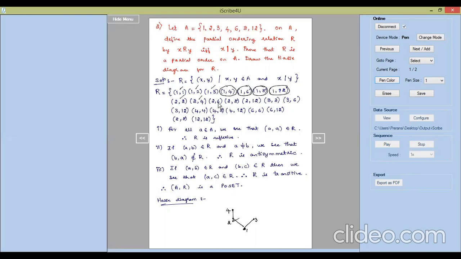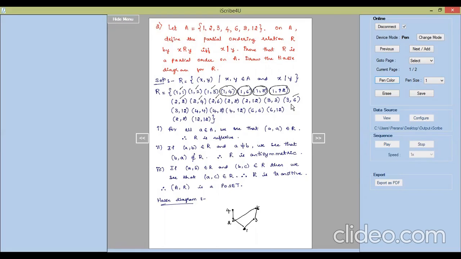So 2 to 6 I will draw it here so that 3 comma 6 also can be joined. So 3 to 6 I am drawing and showing it for you. So 3 to 6, this is the edge, vertex 6 for us. So what is that we did now? 2 comma 6 we did and 3 comma 6 we did. So 2 comma 6 and 3 comma 6 both are considered.